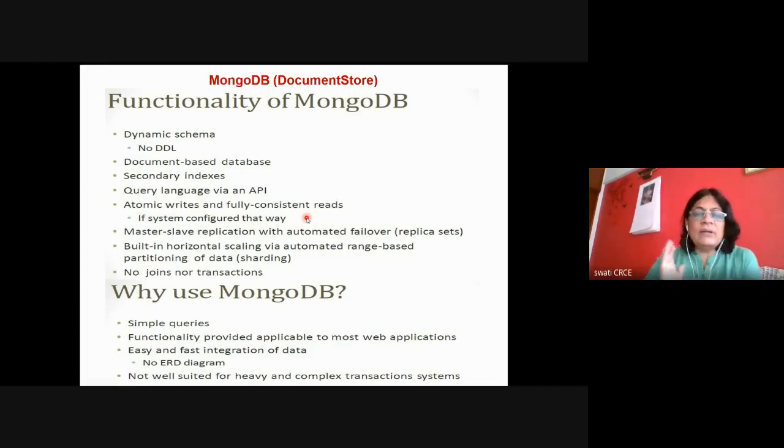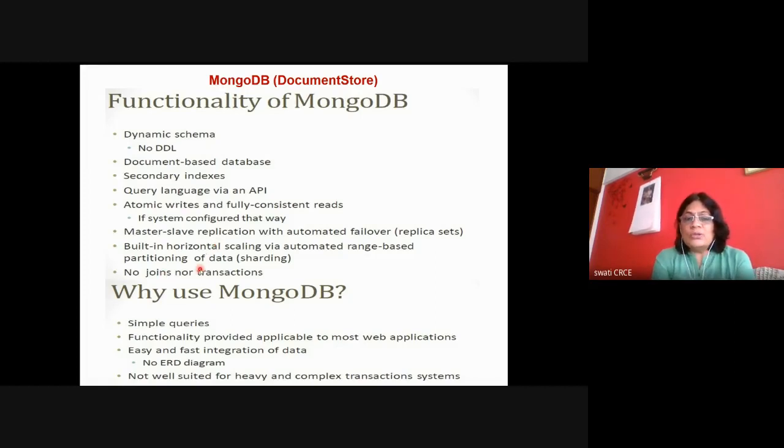And master slave replication is there with automated failover. Here multiple copies of the data reside, as in the case of a Hadoop kind of architecture. So for replication, the master slave replication method is used to have the replicated copies.